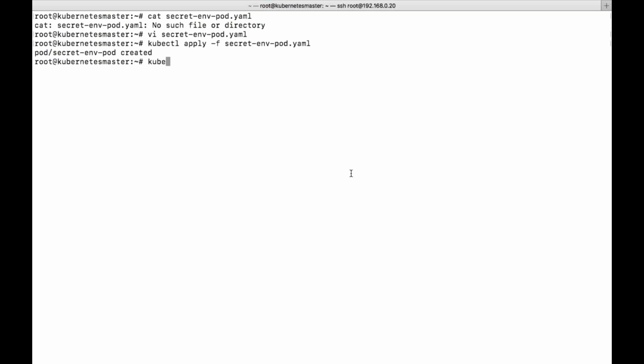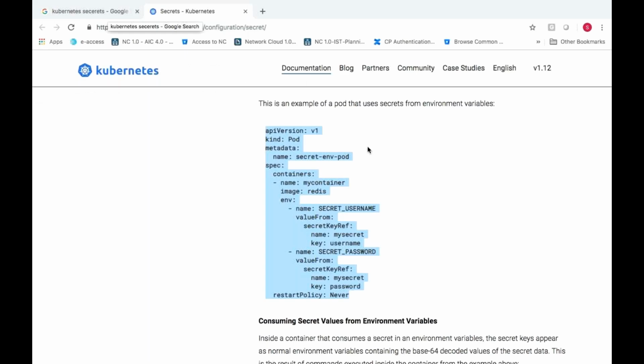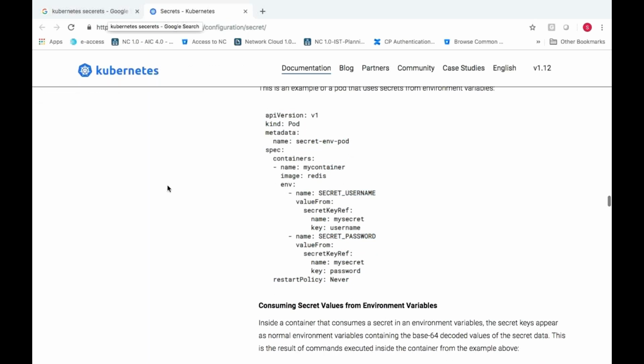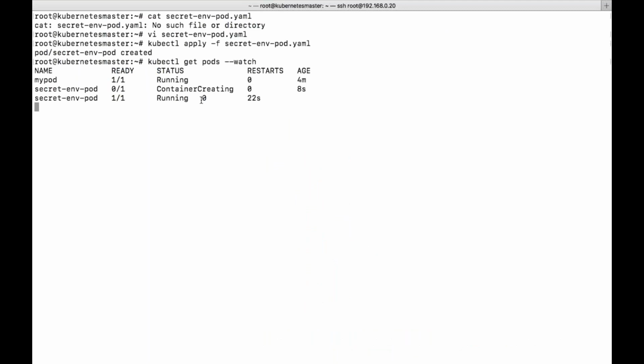Let the containers be initiated, and after that I will show you how these environment variables can be seen. Now you can see it is running right now.